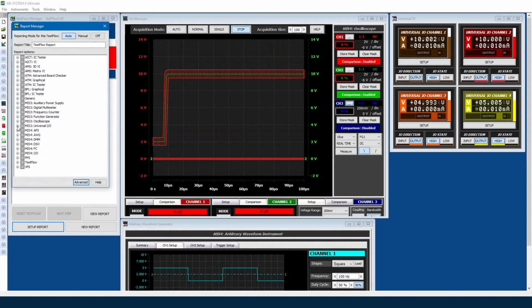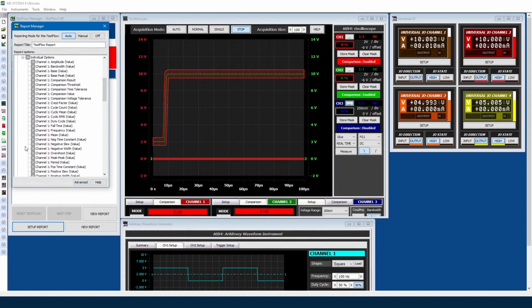For step 6 of my test flow, I would like a lot more information, so we will start with the DSO. I would like to see the period. I would also like to see the top value, and I would also like to see the amplitude.